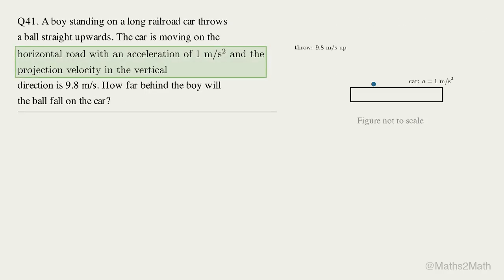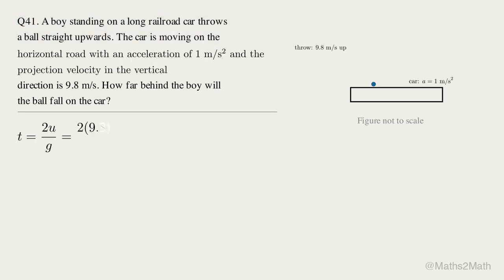Question 41. On a railroad car accelerating at 1 meter per second squared, a boy throws a ball straight up at 9.8 meters per second. How far behind him does it land on the car? What does this mean? In the car's frame, the ball drifts backwards at 1 meter per second squared while it